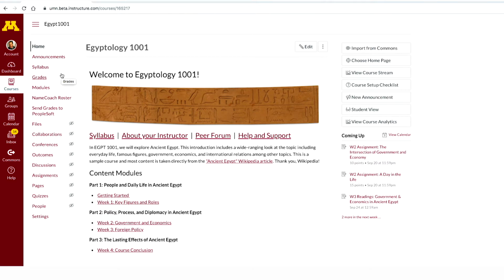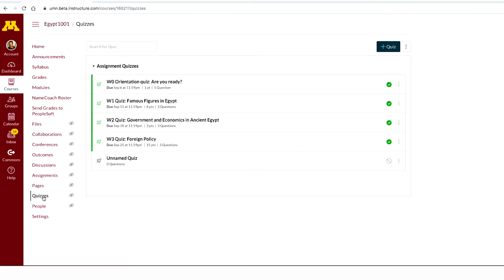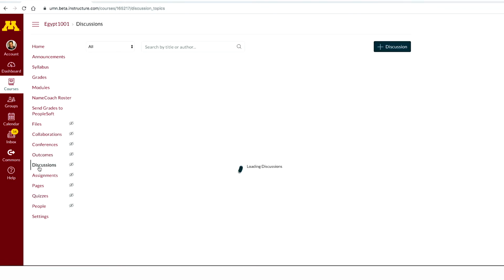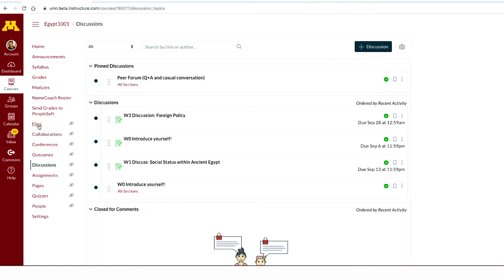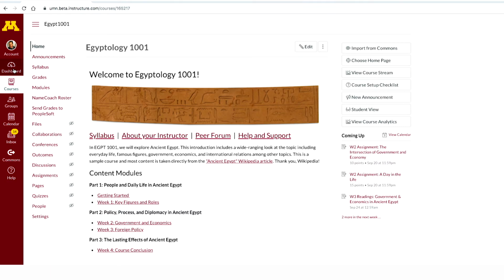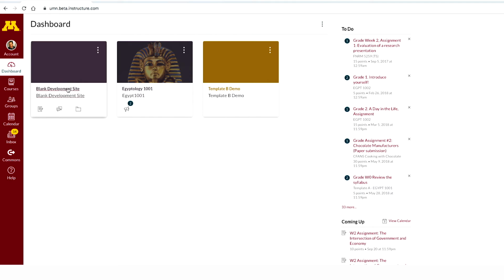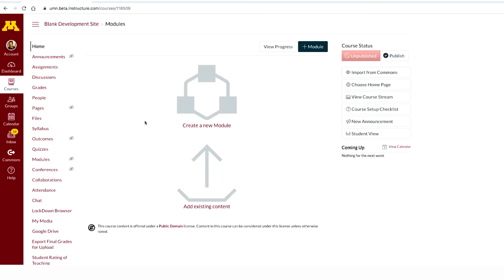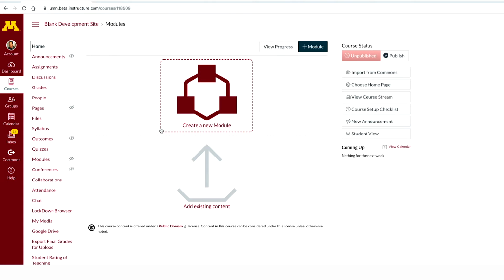We like to think of these menu items as separate buckets where Canvas content lives. Quizzes go in the quizzes bucket, right here, and discussions go in the discussions bucket. And let's see, files, they go in the files bucket. When Canvas course sites are first created, they are empty. I'm going to show you a very blank Canvas site. Every University of Minnesota course site is auto-generated, and every one of them is blank when you get them, like they look like this.